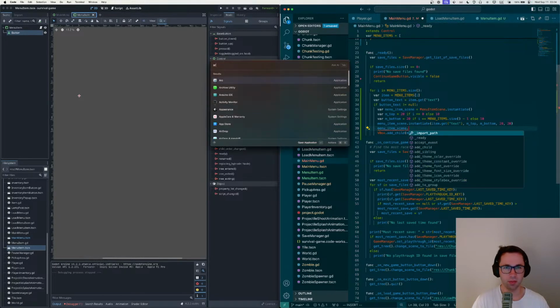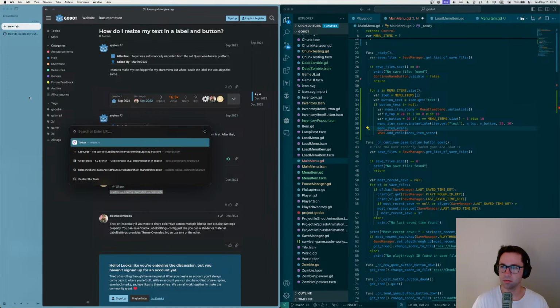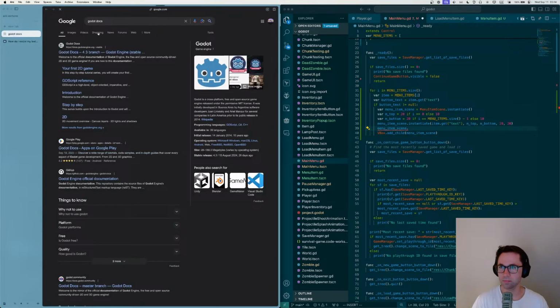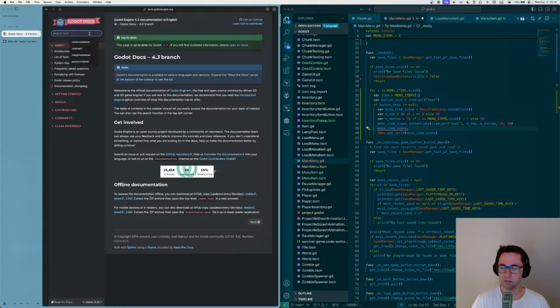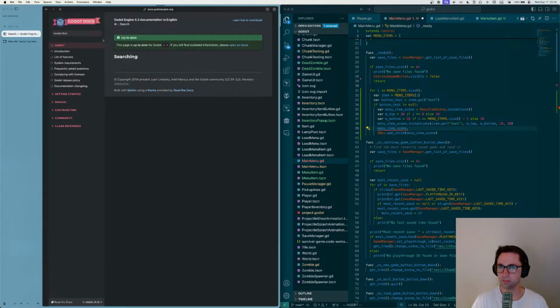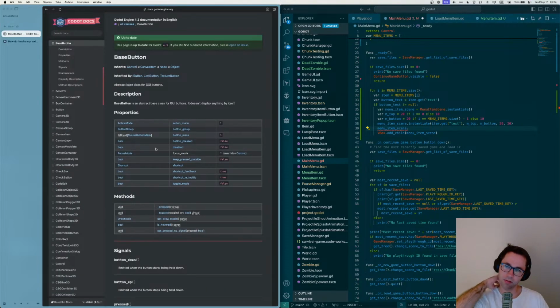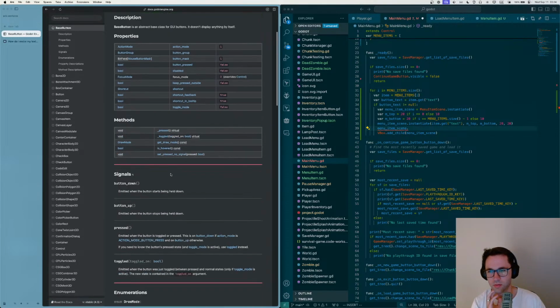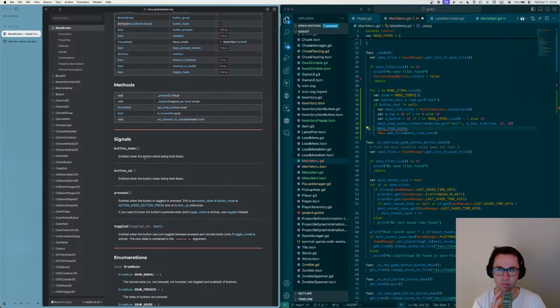Dot. Okay, I'm gonna have to look this up. Base button. Button press, no. Emitted when the button starts being held down. Emitted when the button is toggled or pressed. So maybe it's